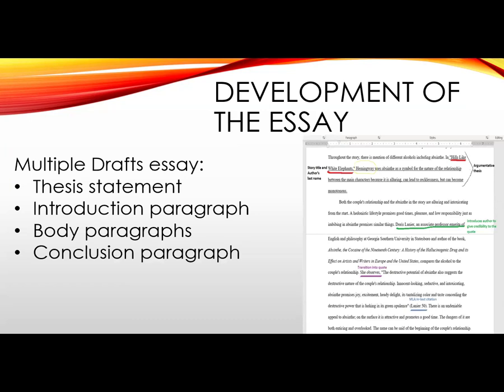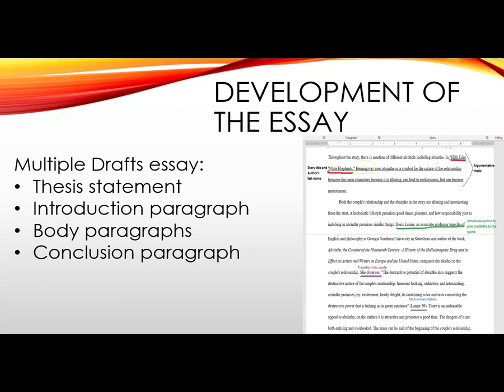As Greg stated earlier, you will most likely be completing your essay in parts, which means that you will likely develop your thesis statement first, which is the central point or argument of your essay. Your thesis statement should be specific enough to provide points of analysis that you will discuss or argue in the body of your essay. After the thesis statement, you will most likely develop the introduction paragraph, which will include a